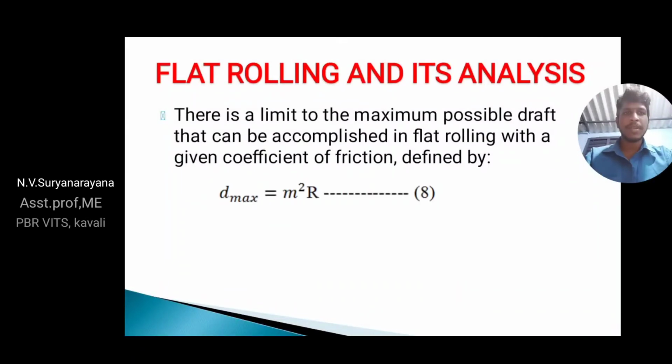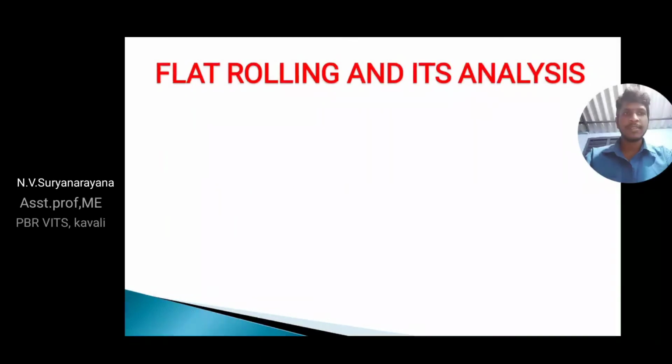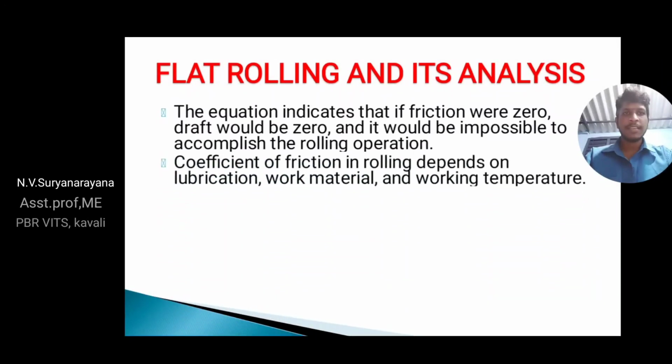There is a limit to the maximum possible draft that can be accomplished in flat rolling with a given coefficient of friction, that is d max equals mu square R. D is draft in the maximum direction, mu is the coefficient of friction. The equation indicates that if friction were 0, draft would be 0. There is no friction between the two rolls, and the work draft will also be 0,